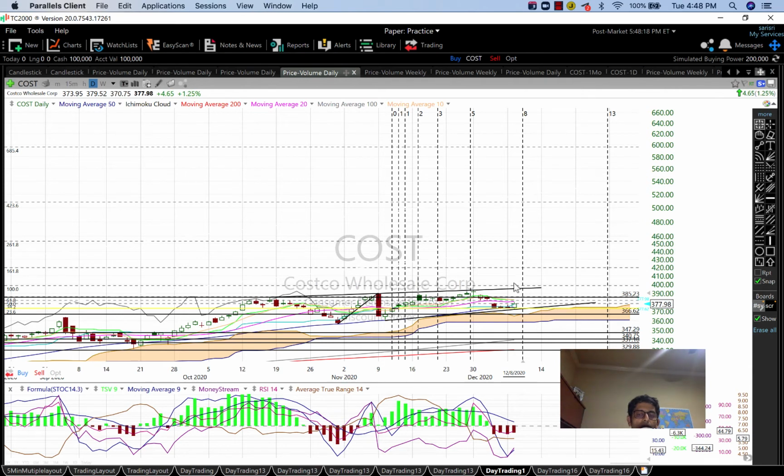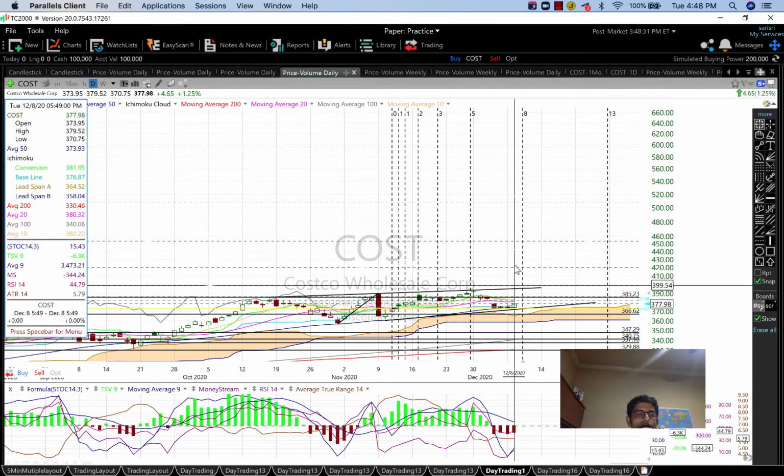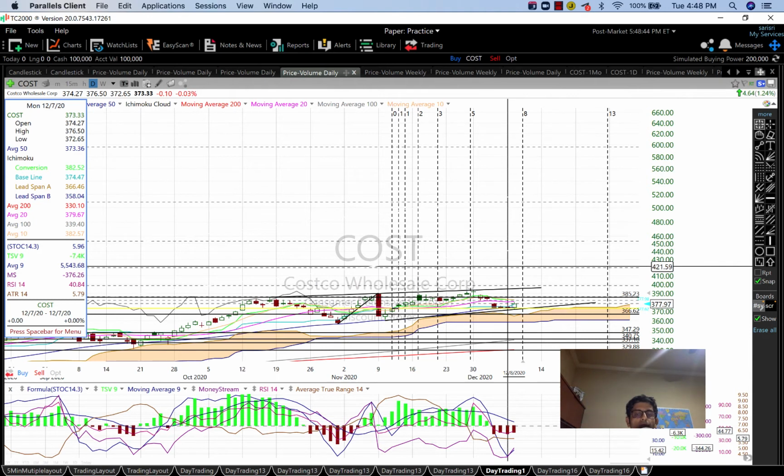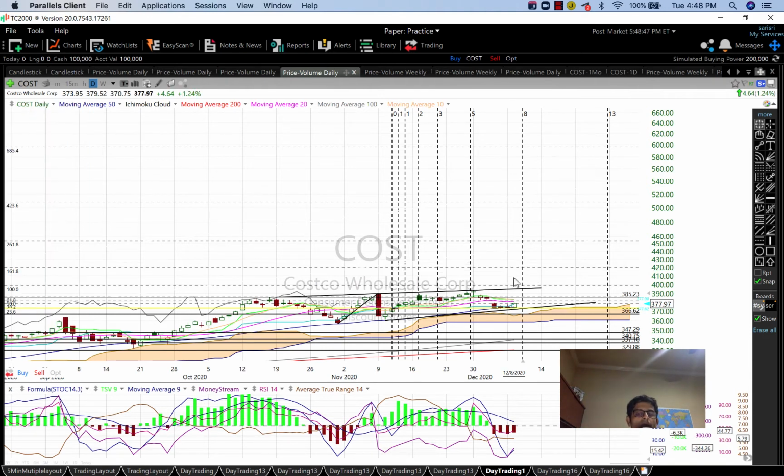Hopefully it goes back to the 395 area, and I had also drawn the Fib extensions. If you look at the extensions, it has crossed the 100 level previously and had dropped back. So I'm now expecting it to go to the 161.8 level and above. That means it has to cross this trend line, and then it has to go to 399, and then it may take a little more move up to 410. So definitely Costco is looking at touching 400, but let's wait and see what happens after tomorrow's earnings. Its earnings are on December 10th, which happens to be tomorrow.